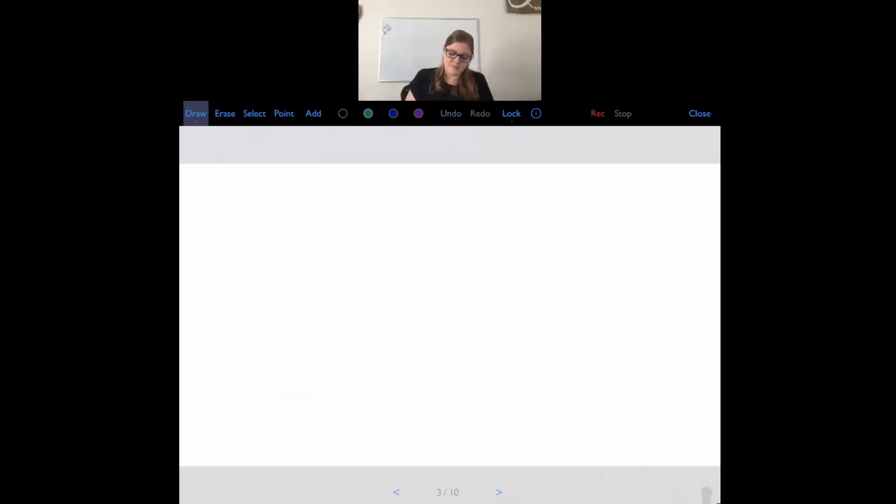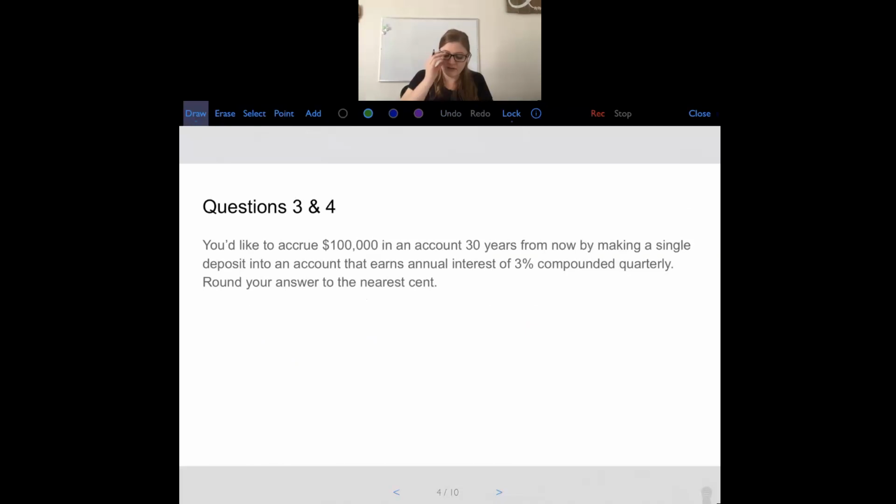Okay. Question 3 and 4 will work a little bit differently, so let's go ahead and read a sample of what it will look like. You'd like to accrue $100,000 in an account 30 years from now by making a single deposit into an account that earns annual interest of 3% compounded quarterly. So we're still using the compound interest formula,